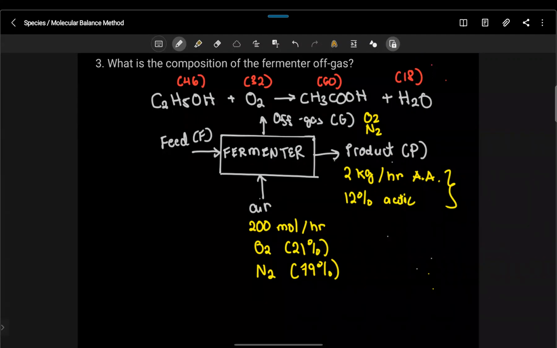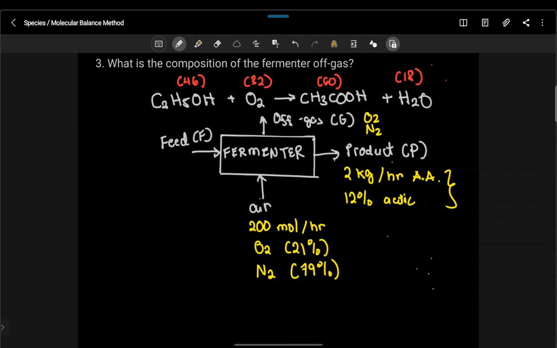Kasi hindi pa nangyayari yung process na to, nagde-design pa lang tayo. Basta ang target natin yung 2 kg per hour na production rate tsaka 12% acetic acid na concentration. Target itong mga to. Gusto natin must produce itong mga values na ito. Okay? In other words, if you want to figure out kung ano yung kailangan mong ipasok na feed, whatever those substances are, ang makakalculate natin dito is yung pinaka-minimum. Okay? So kapag sumobra sa minimum, therefore magkakaroon ka ng conversion ng